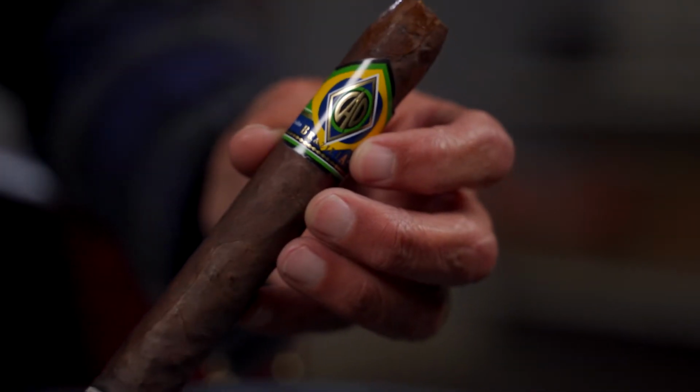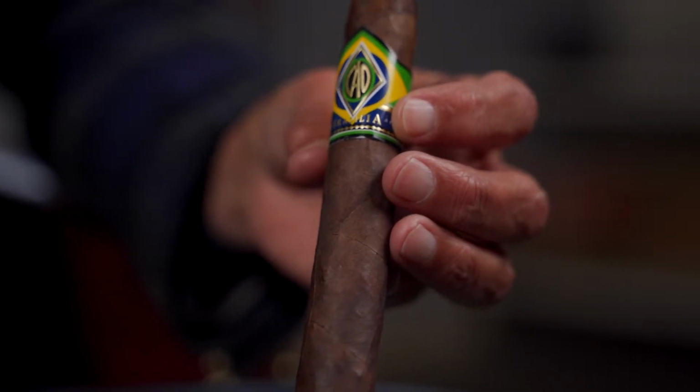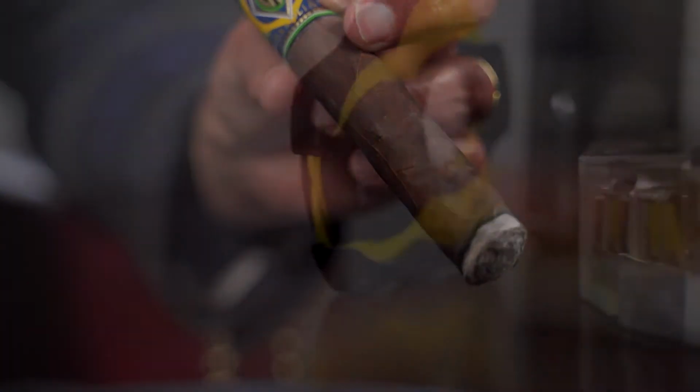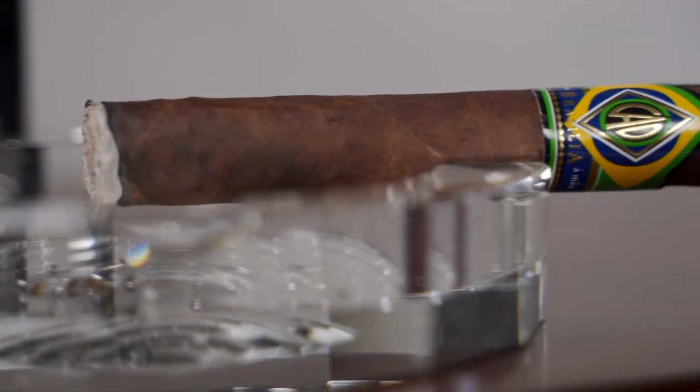So when you light your cigar up, what you're going to notice is going to be some spice, but it's going to open up some great flavors of chocolate, dark chocolate, and coffee. So if you're looking for a full body cigar, I would recommend you seeking out the CAO Brazilia,